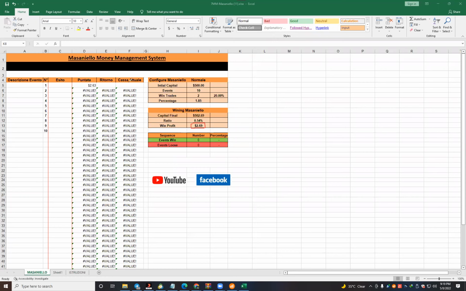For example, you won the first trade. Then what will be the next trade? 0.54 means we are not taking the second trade, right? When you lose the first trade, then you have to take 2 trades. Otherwise, if you win the first trade, then delete and again start from 2.63. Got it? Yes.